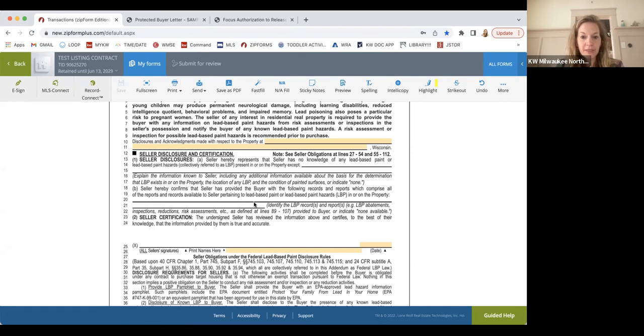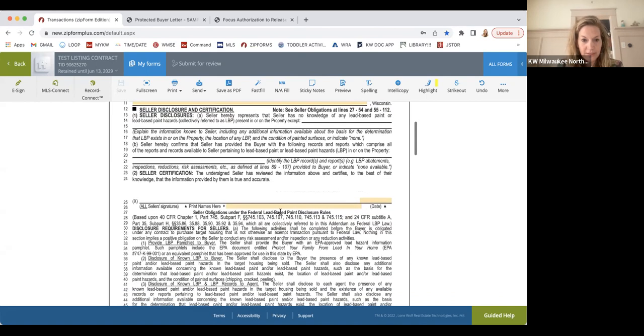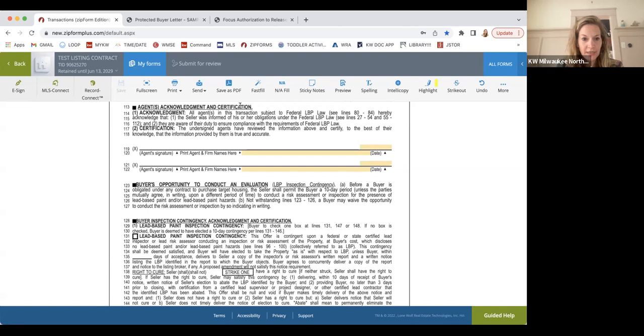So most commonly we are seeing that on lines 14 and 15, they are going to write none there because they do not have knowledge of it. They're going to sign on line 25. And then we as listing agents are going to sign on line 119. This is another form that's going to get picked up by the buyer when they go to write an offer